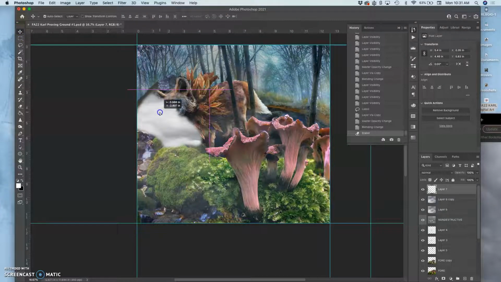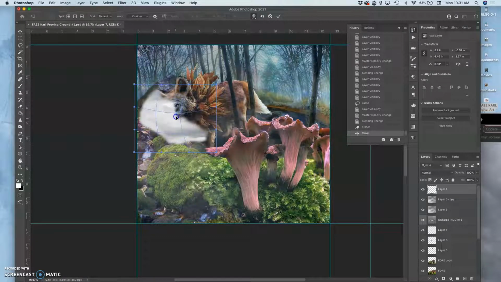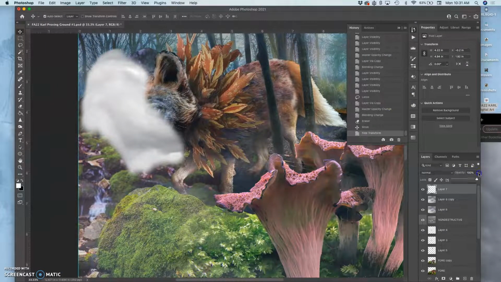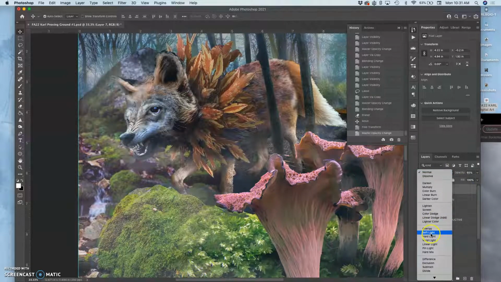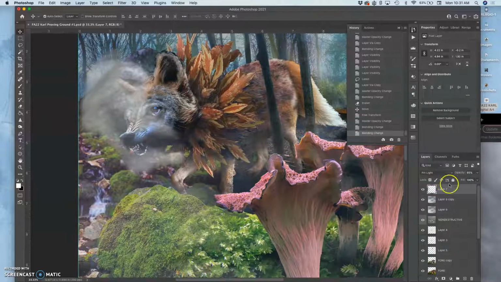And now I can move it up around my creature's mouth. I can transform it and warp it. Something like that. And then I can just take that little segment, that little cloud, and blend it in, with soft light, with pin light. Pin light's a little extreme, right? So then I can use my eraser at lower opacities and start showing my creature